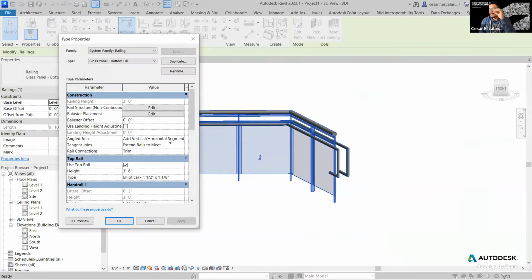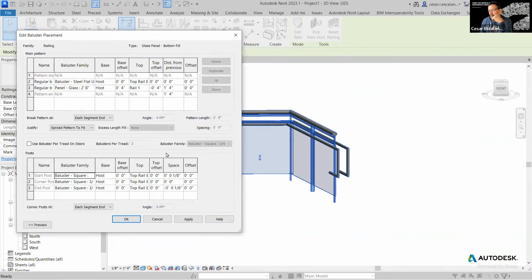Okay, let's go back to these baluster placements. And then the baluster family. That's this steel flat profile. This is a place. Here you go. This is that profile. And then we have